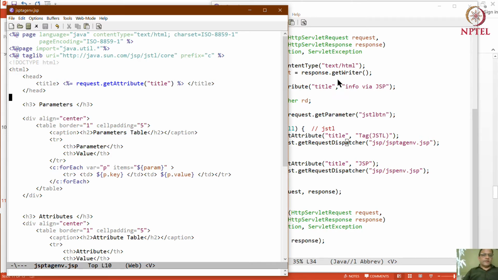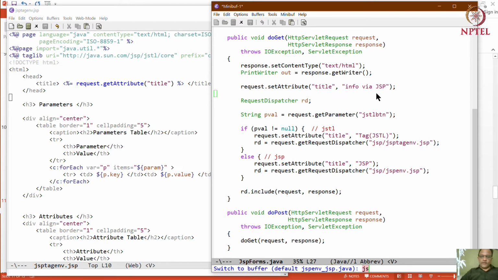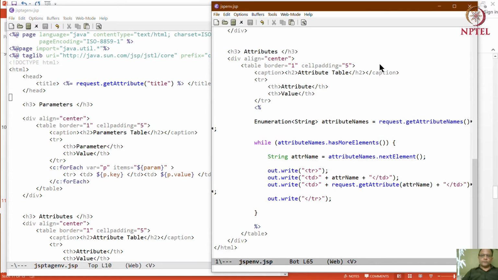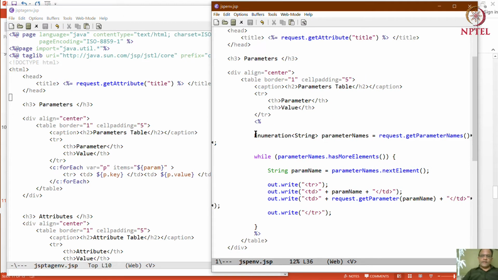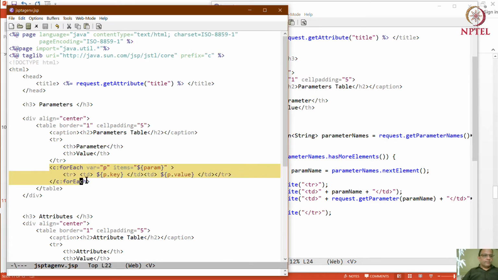And now let's compare what it looks like with and without the tag library. So this is our version without the tag library, where you have a loop. Instead, that gets simplified to the far easier thing like this. So here we have a for each, and the syntax is very similar to how for each is in languages. You have tr, td, etc., and each time you are going to generate a row, and there is a for each over here to end it.